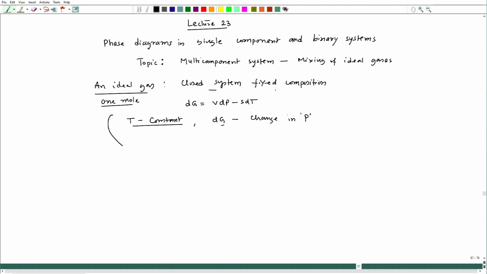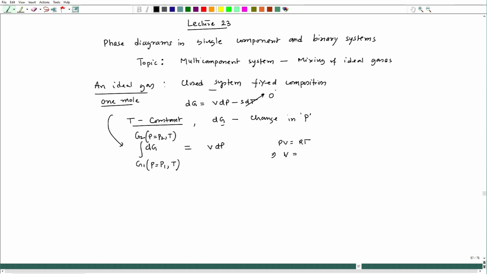So, from here I can get delta G, G1 when pressure equals P1 at temperature T, and G2 at pressure P2 and temperature T, should be equal to the integral of V dP. Since temperature is constant, this term goes to 0,